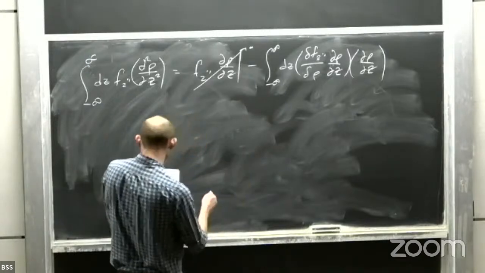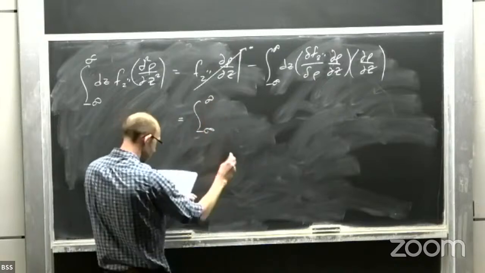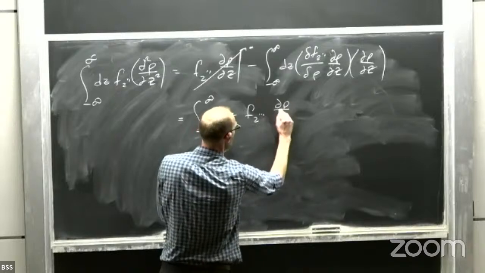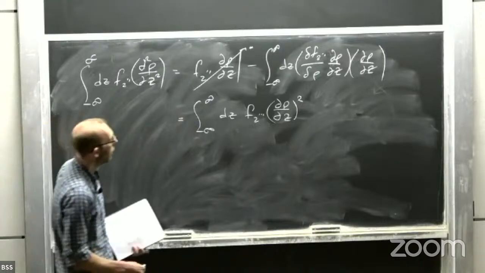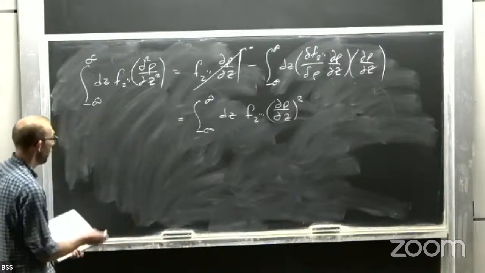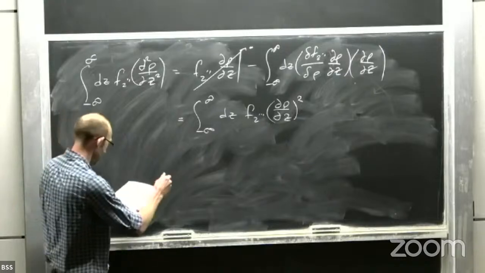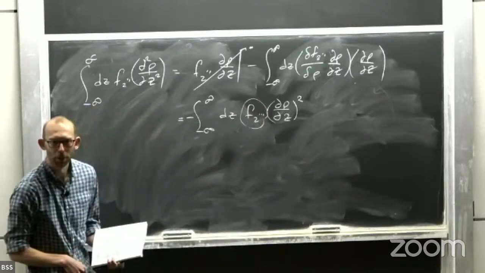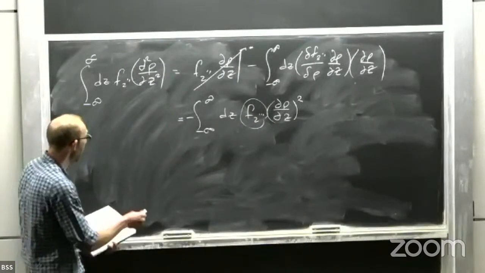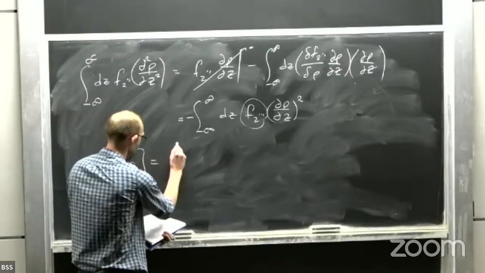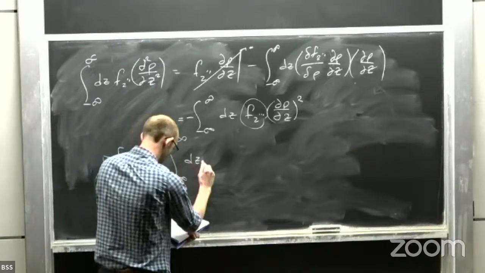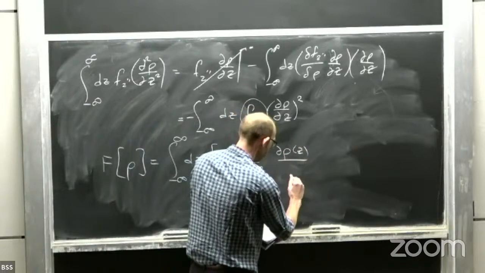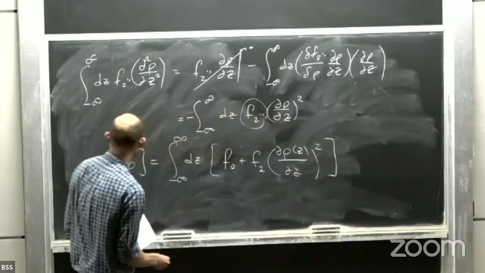And then the second one can be integrated into some new constant, some new F2 times the gradient squared, right? And so if we do, what's that? The minus sign. Yes. Well, yes and no, right? This is some new definition. I could have wrapped it up, but we can do that. Okay. And if we do this, we get our